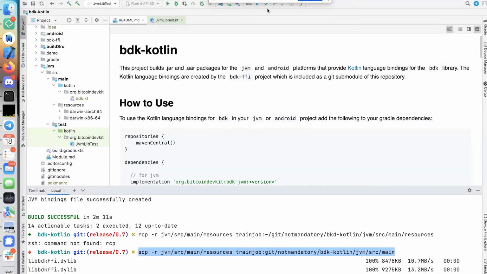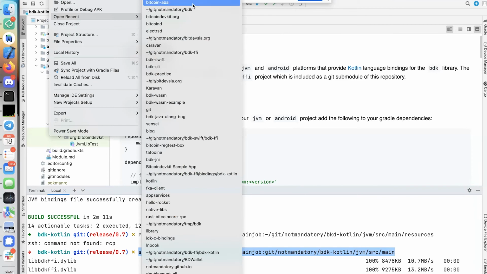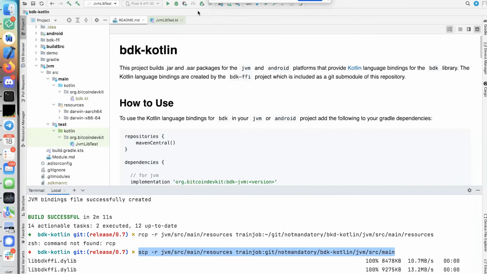Let's see. I think I have it on my other machine, but I was in the process of,